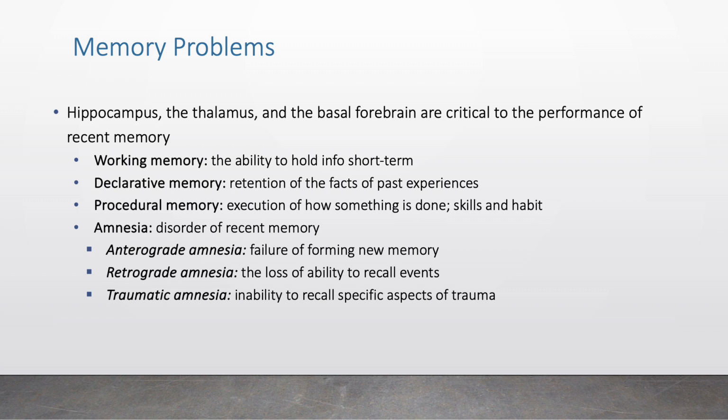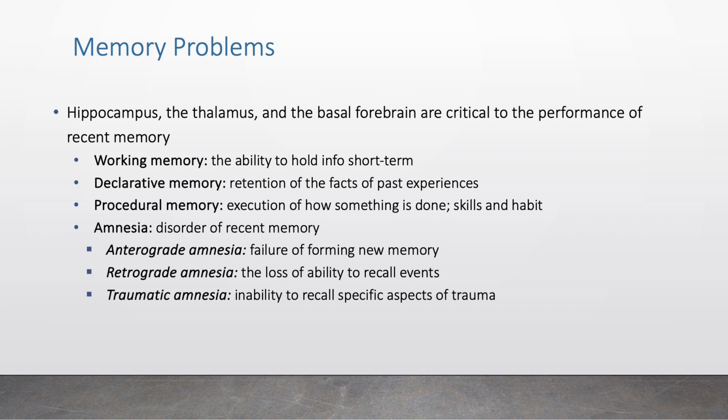Types of memory include working memory, which involves the ability to temporarily hold and manipulate information needed for tasks such as remembering a phone number or following instructions. Declarative memory involves the retention of facts and events from personal experiences. This includes episodic memory, which is specific events, or semantic memory, which is general knowledge. Procedural memory involves the memory of how to perform specific tasks or skills, such as riding a bike or playing a musical instrument. Amnesia